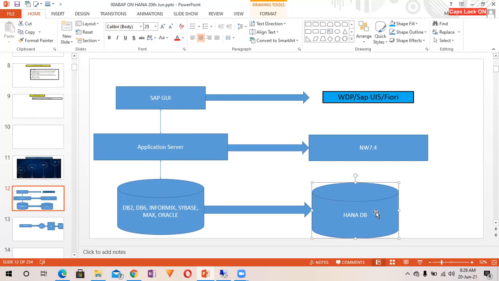That part we'll be discussing maybe tomorrow or the day after tomorrow's session in more detail. Because the data can be stored in the column storage fashion, the aggregation on the fly is possible, right? Aggregation is going to be very easy.